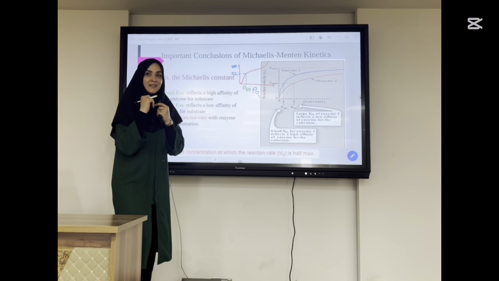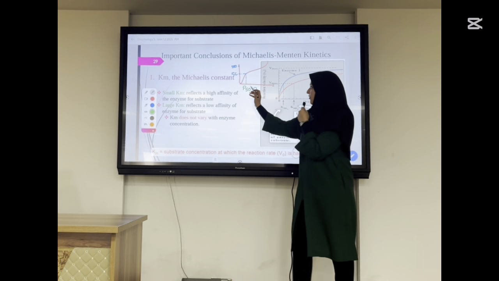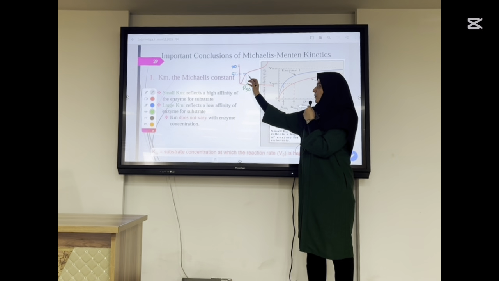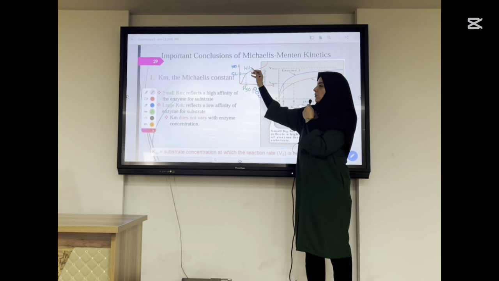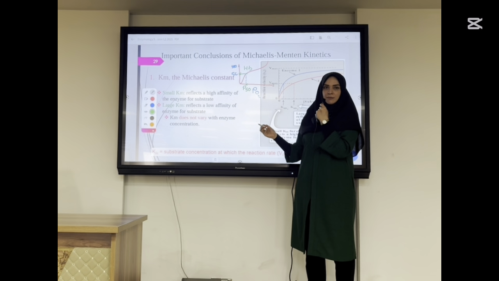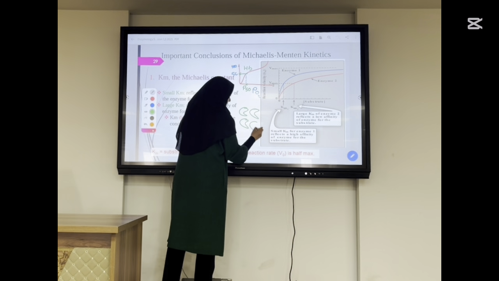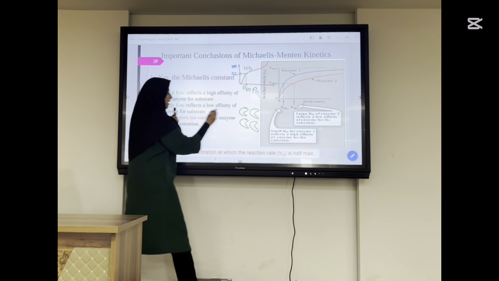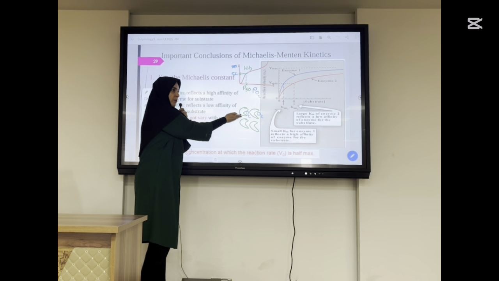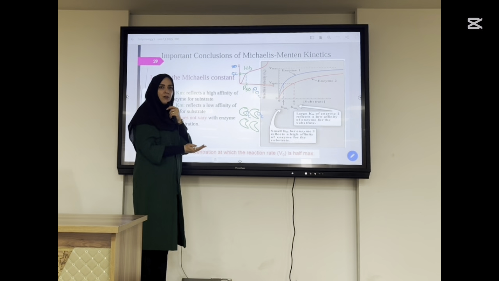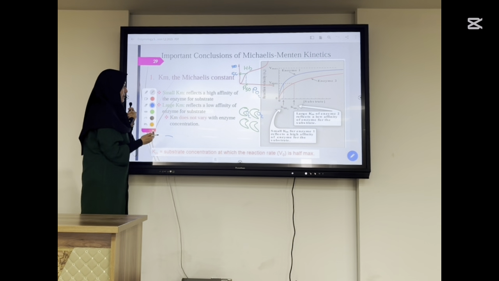P50 is the pressure of oxygen at which half of the hemoglobin molecules are saturated. Okay, for example, P50 is the pressure of oxygen at which half the molecules are free and half the molecules are full. Do you remember P50? But about